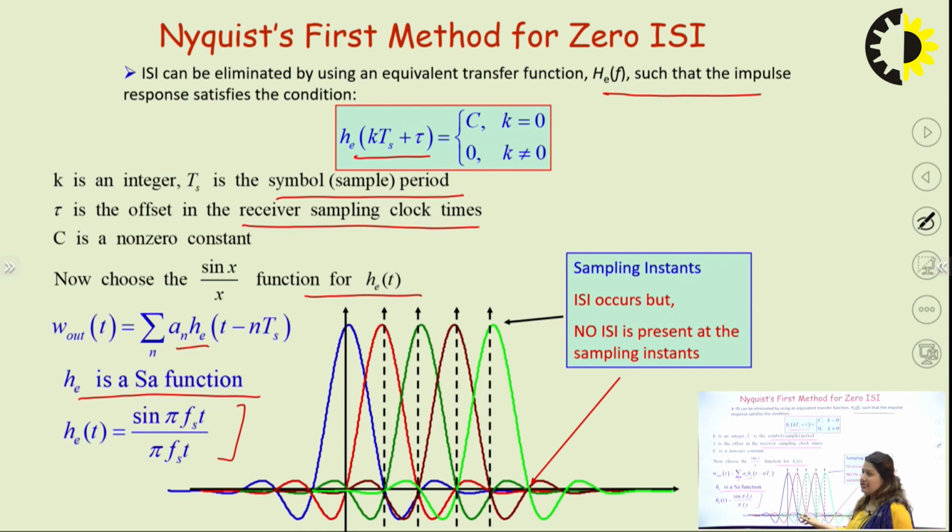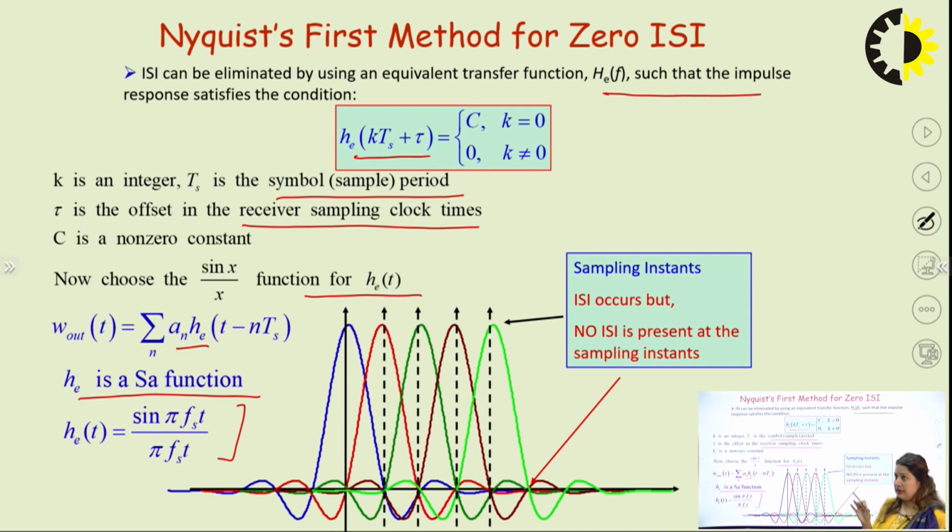So the second pulse has its maximum value at TB, and the third pulse has its maximum value at 2 TB, and so on. So the first pulse has its 0 at TB, the second pulse has its 0 at 2 TB, the third pulse has its 0 at 3 TB, and so on. In this way we can create a condition where the pulses can be overlapping, but they have their maximum